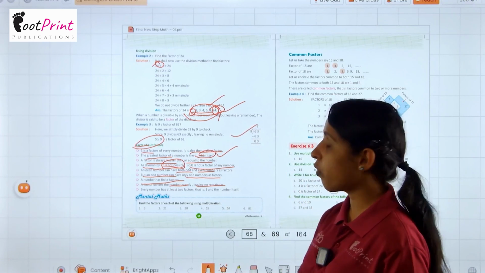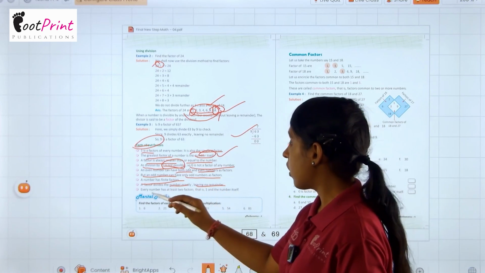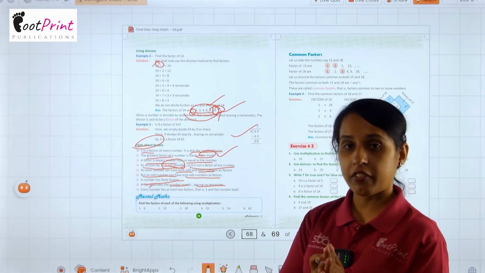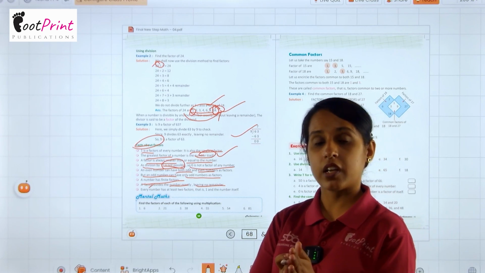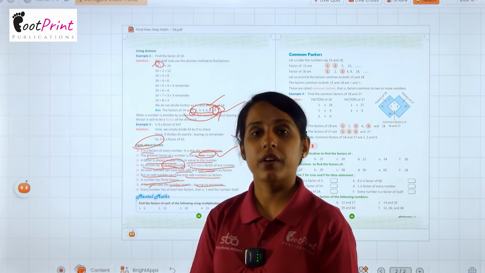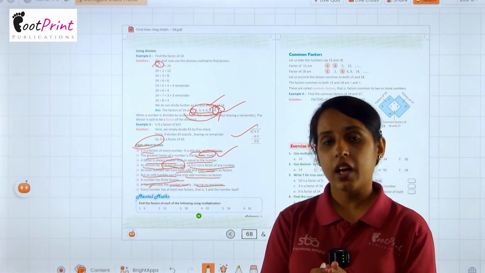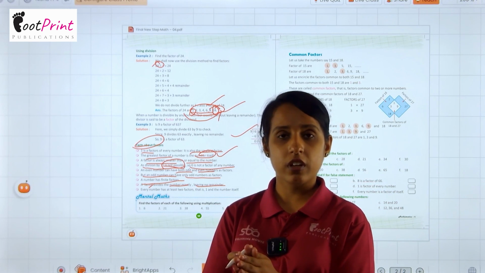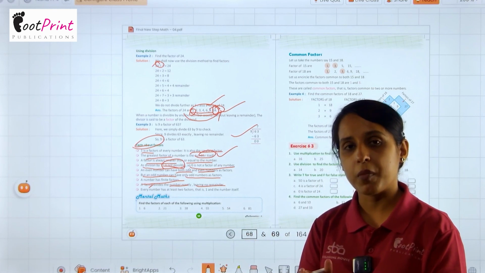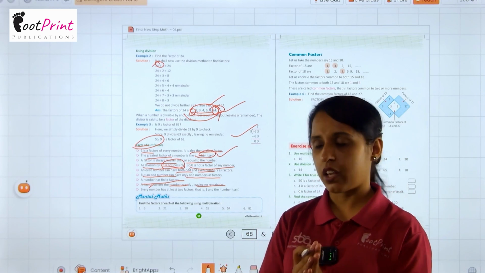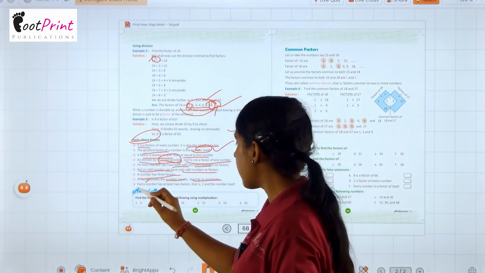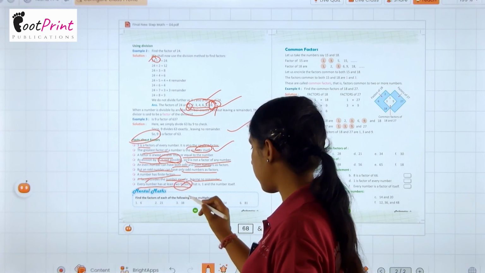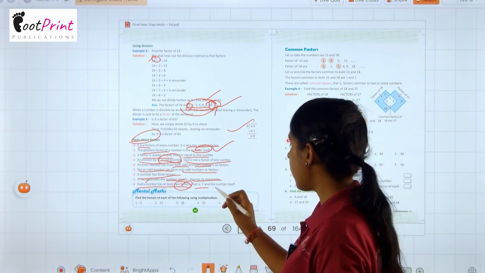Here we can solve an example also in which a factor divides a number exactly. It means a number is not leaving any remainder. So एक नंबर क्या है, उसका उस नंबर का फैक्टर हो सकता है अगर वो गिवन नंबर को क्या करे, प्रॉपर डिवाइड कर दे बिना किसी रिमाइंडर के। Every number has at least two factors, that is 1 and number